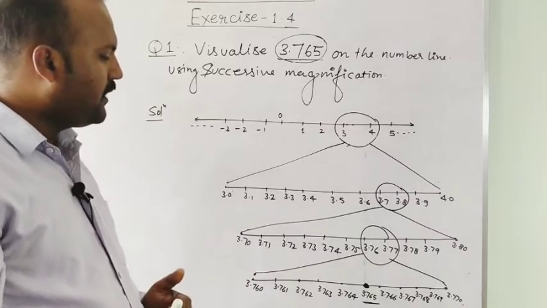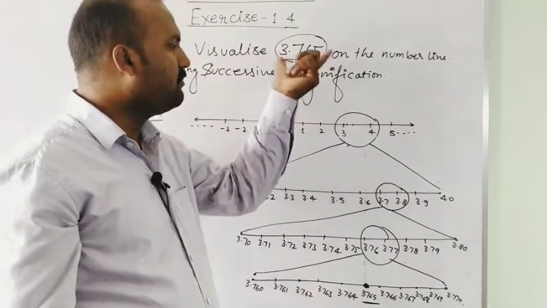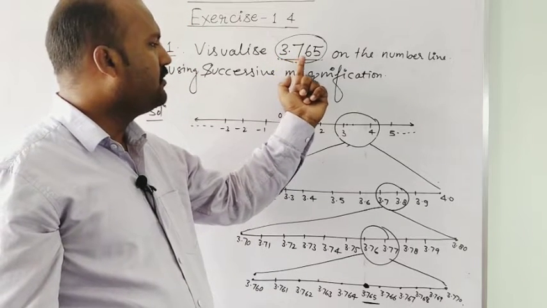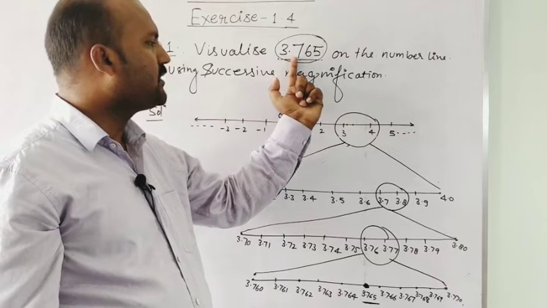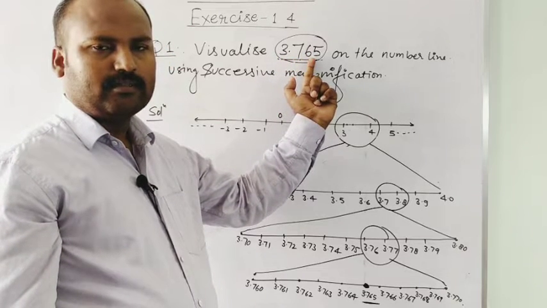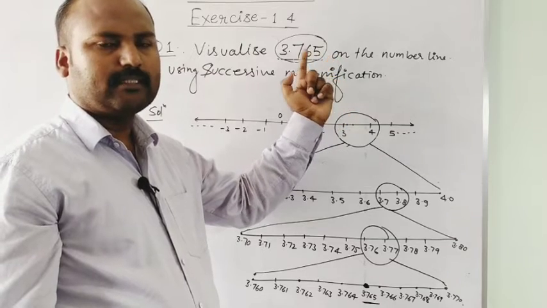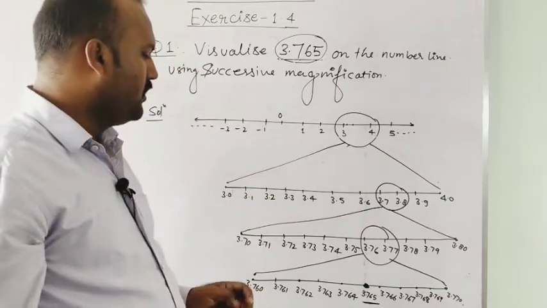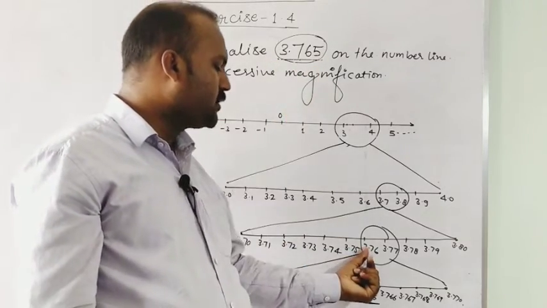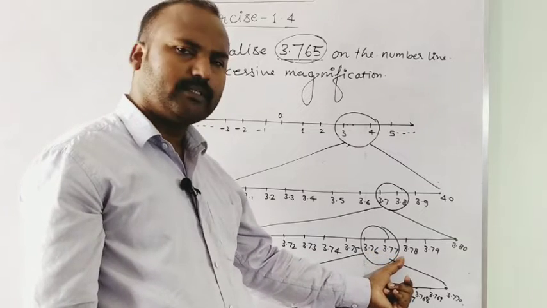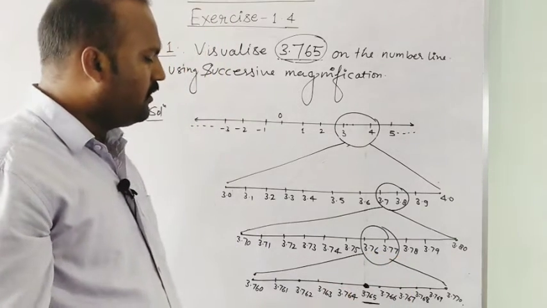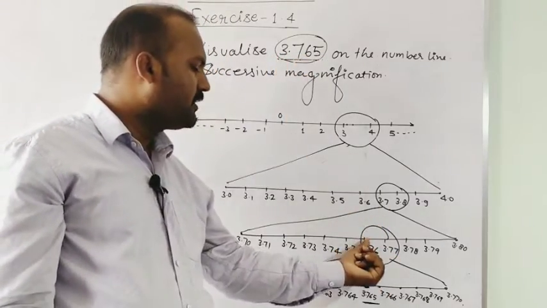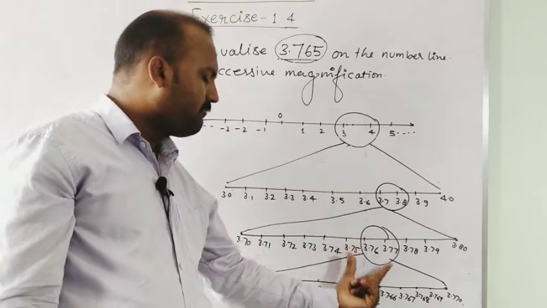Now we have to compare the given number again on this number line. We compare after the decimal from the left at two decimal places. This number is 3.76, and the third decimal digit is 5. It means this number is more than 3.76 and less than 3.77. So it lies between 3.76 and 3.77. Again we have to magnify this interval to locate the number.